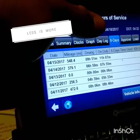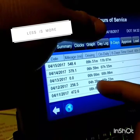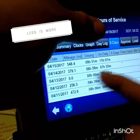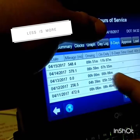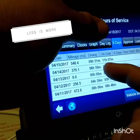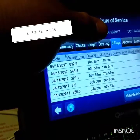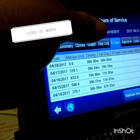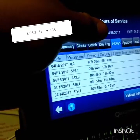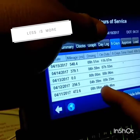So, the first day of the week I worked for 8 hours. Then I worked for 5. Then I guess I sat that day. I probably was at a shipper, only 6 minutes that day. And then the next day I worked for 7 hours and 55 minutes. Then the last day 11 hours. Then 10 hours. So, each day after my 8th day, I have hours that I would get back at midnight